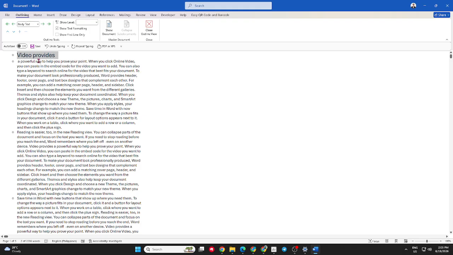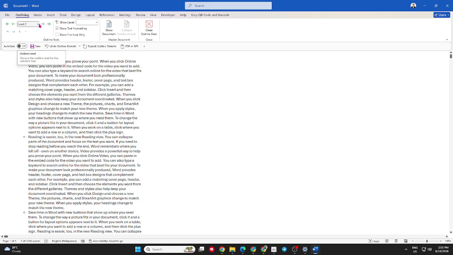At the top of the Outline tab, you'll find options for changing the outline level of selected text. You can promote a heading to a higher level or demote it to a lower level. This is useful when you want to change the organization of your document without manually changing every heading style. You can also expand or collapse sections. When a heading has content underneath it, you can collapse that section to temporarily hide the details and focus only